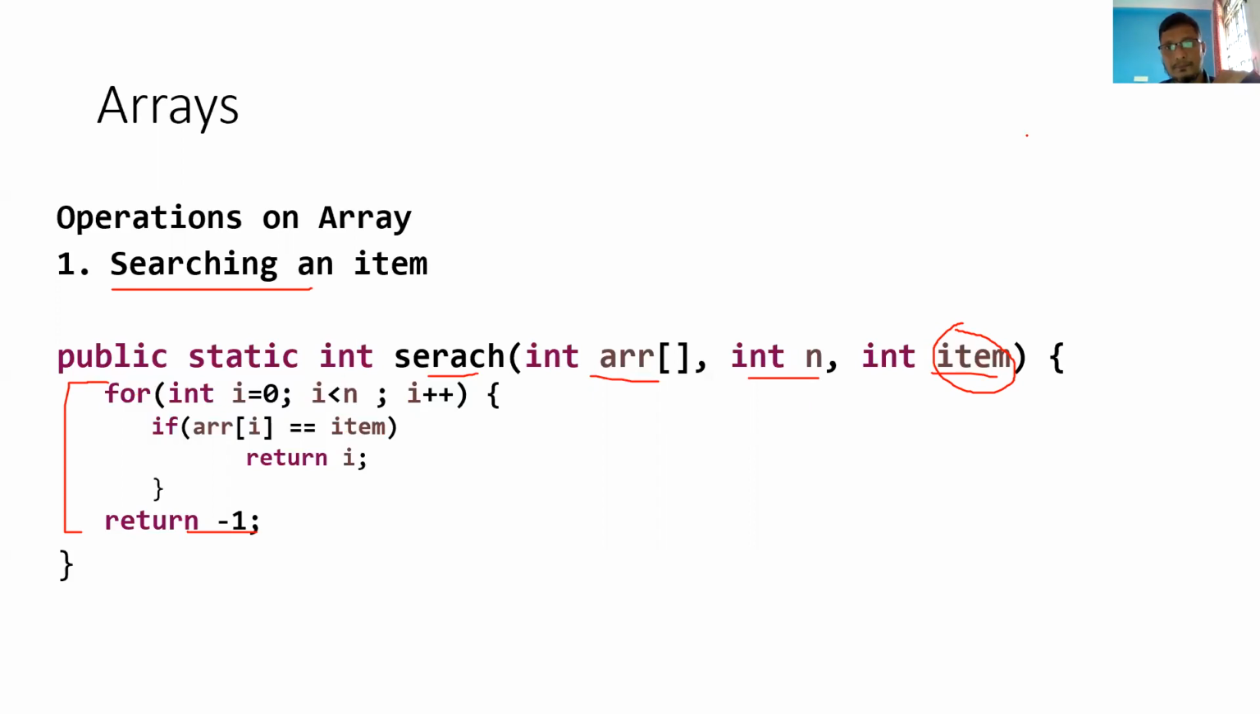N. Yeah, big O of n. This will be Theta of n. This will be big O of n because